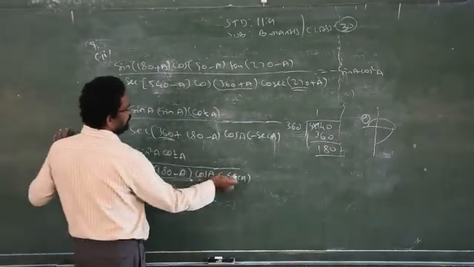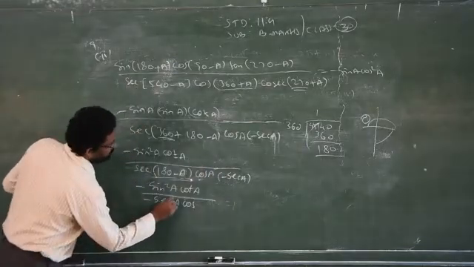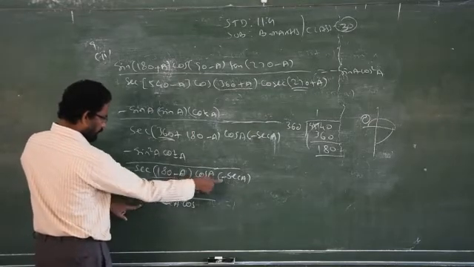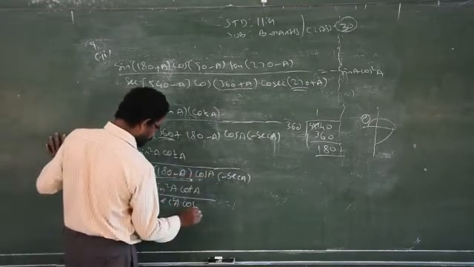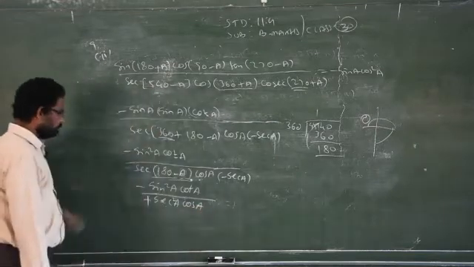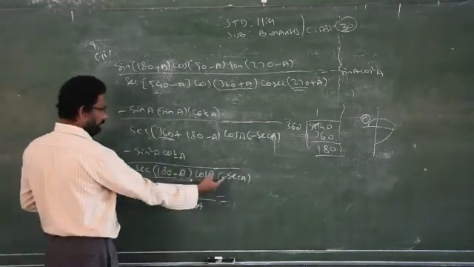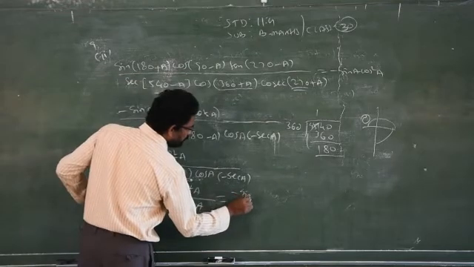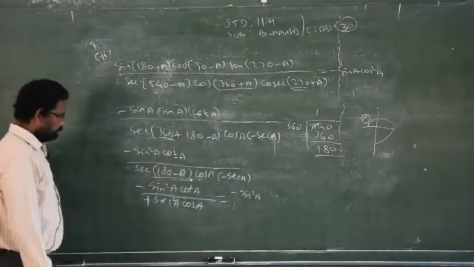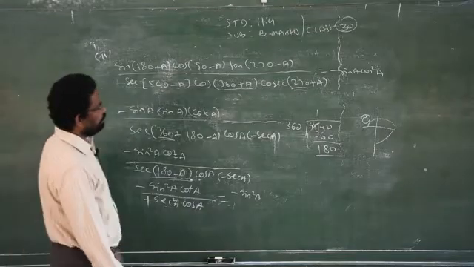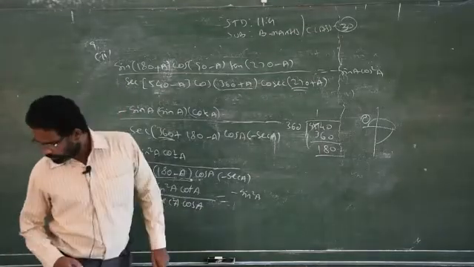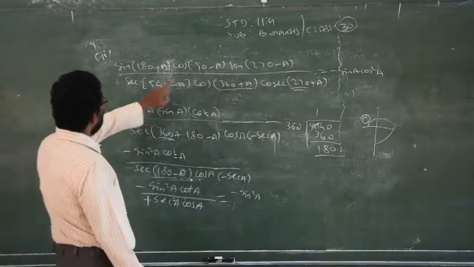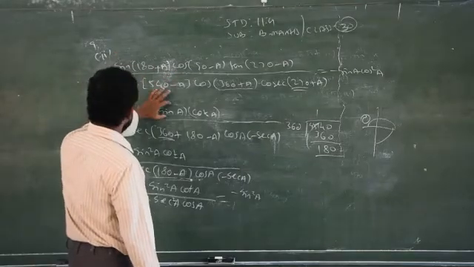We have only one secant A, isn't it? So secant square A, we can write straight away. This minus into plus, one more minus, minus into minus, plus will come. So cos square, cos A. I am straight away multiplying this minus sign with this minus. So minus into minus, plus. So minus sin square A. Try to eliminate, if it is possible, sin square A. What you have to prove: sin A into... where will sin square A come from? Cos of 90 minus A is sin A, so sin square A.